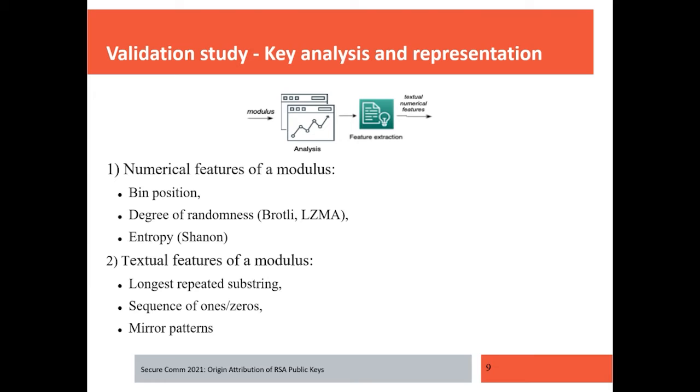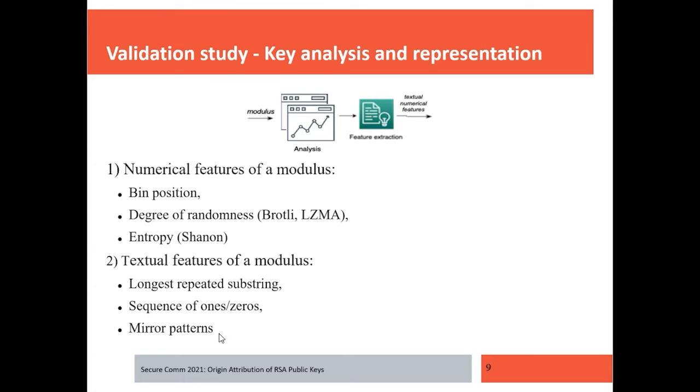The next set of features are textual features. First, we represent the modulus as a sequence of bits. Then we calculate the longest repeated substring. We also look for sequences of ones and zeros.